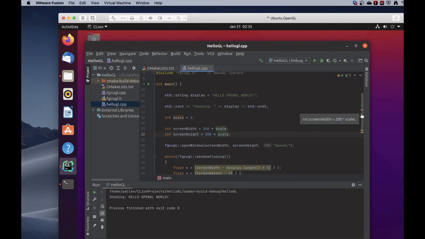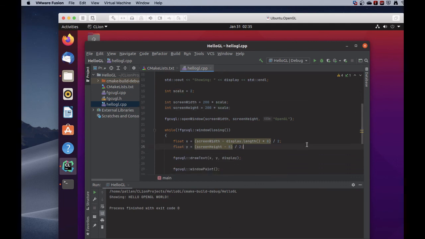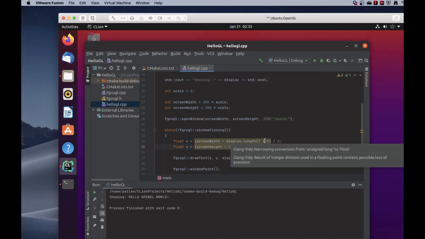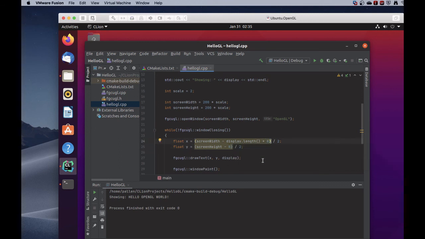And then we'll scroll down here, and okay, so we want to do our screen width minus our display length times 8, and then we want to scale this. So really we want to do display length times 8 times scale. Now we could put parentheses around the 8 times scale. It's not really going to change anything though, but sometimes it helps you understand what you're doing, so it's worth doing it. And then if you wanted, you could even say, okay, well,